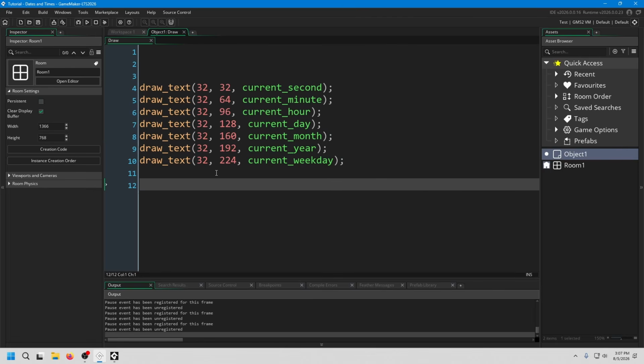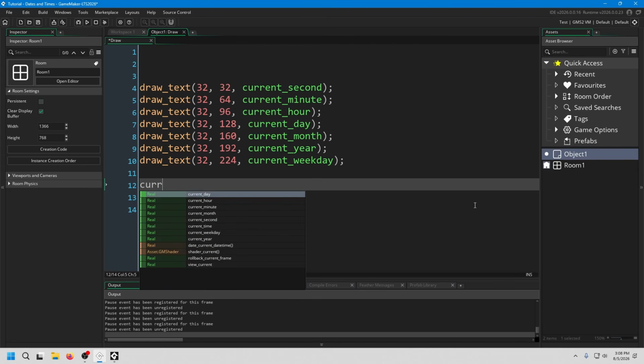And these values don't really do anything. You can't set the current month or whatever. These are read-only values. But if you do want to know the real-time time on your user's system, perhaps for doing things like writing down the time and date of whenever they last saved, this can be a useful thing to have. Oh, and by the way, there is one more, and I'll probably talk a little bit more about this later,